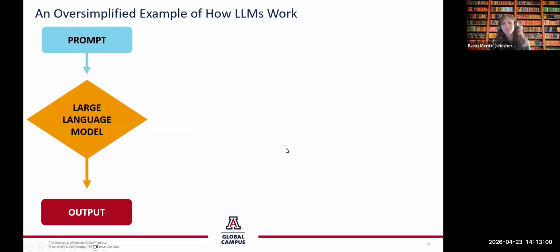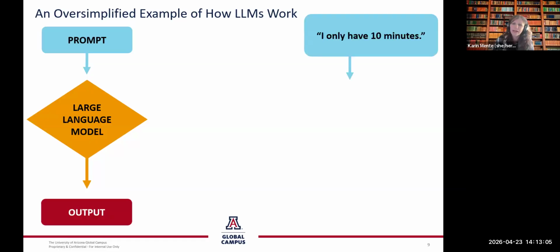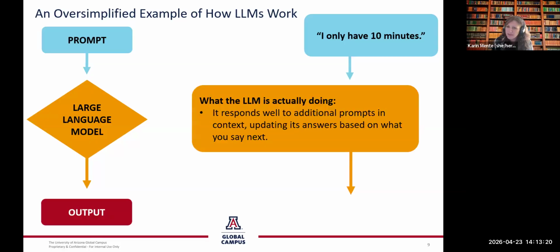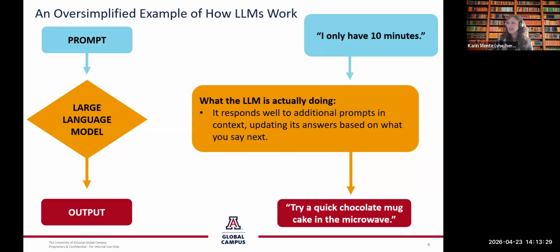So now here's where things get interesting, when we follow up with something like, "Yeah, brownies would be great, but I only have 10 minutes." Then the model can adjust, and that's what makes it more conversational. It doesn't remember you personally, but it does use the context of the conversation to update its prediction. So now, instead of suggesting brownies again, it looks for other patterns connected to chocolate and baking in its training that might not take a lot of time, like one of those quick chocolate mug cakes